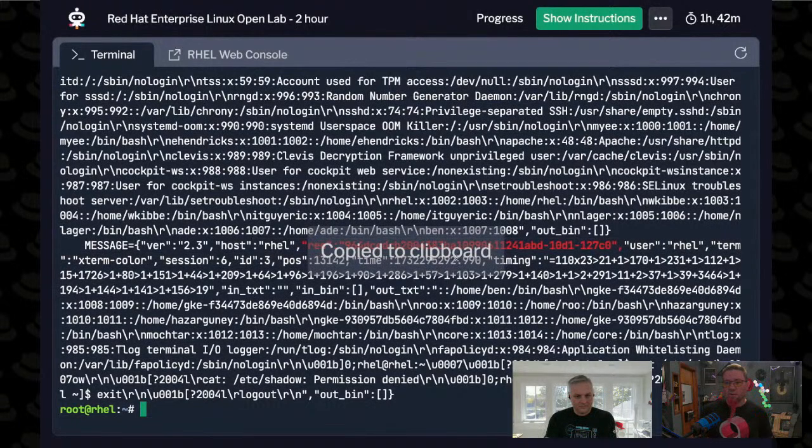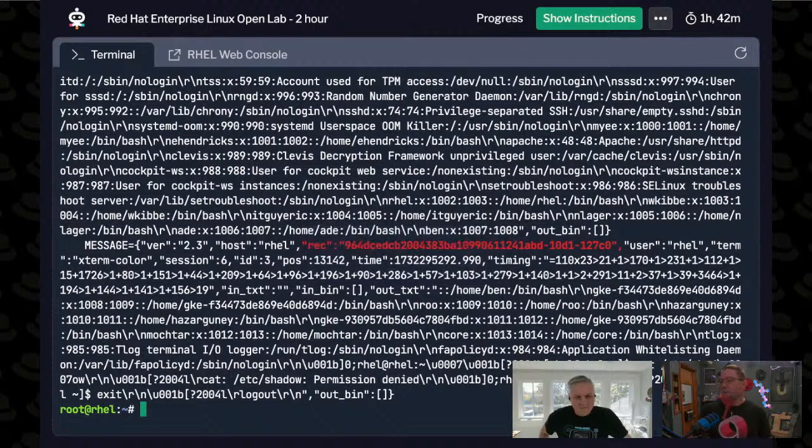If you really wanted to, you can look at the output and the commands right here in the system journal, but that's not exactly pretty. Here you can see I ran cat on /etc/shadow, and it told me permission denied. But again, not pretty. So what you can do is take that recording ID